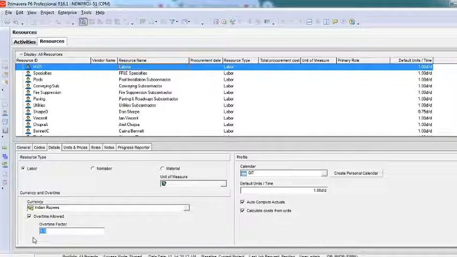Assume we are paying 80 rupees, then at a 1.2 ratio, how much do I have to pay? That is what will get added by default. Usually overtime factors are 1.2 or maximum 1.3. So on that particular ratio, the overtime cost will be calculated automatically. So it is there by default in your software.